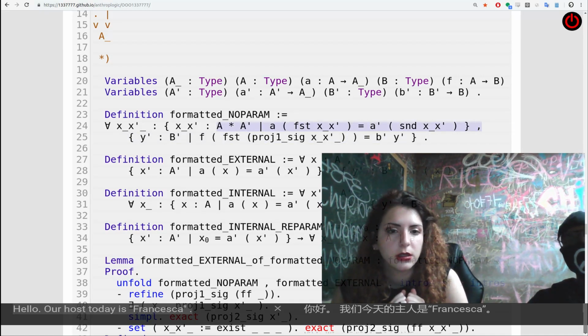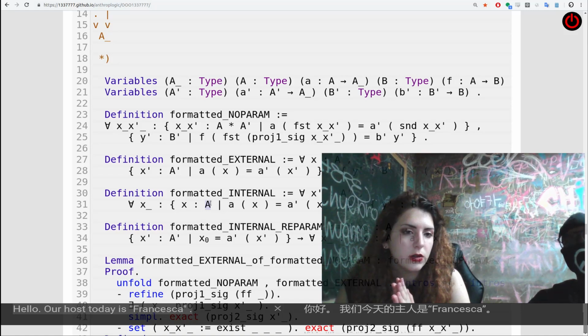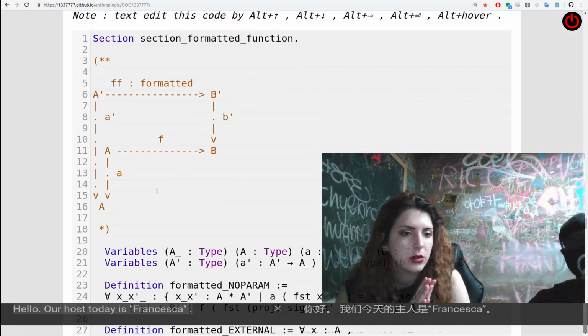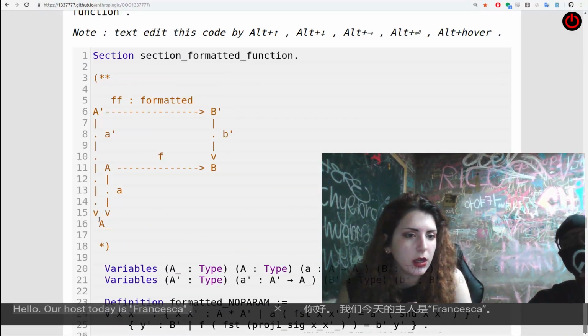Together with the evidence, everything together. Here we separate things a little bit: A and then A prime, or A prime and then A. And then another way to do this is to say that we start with where